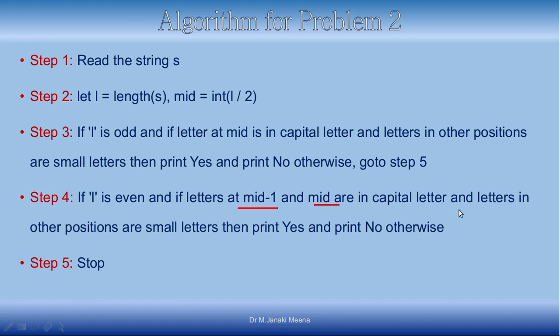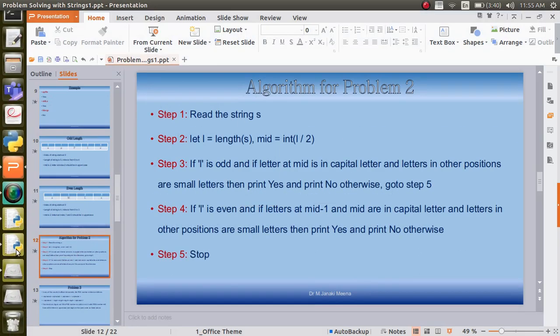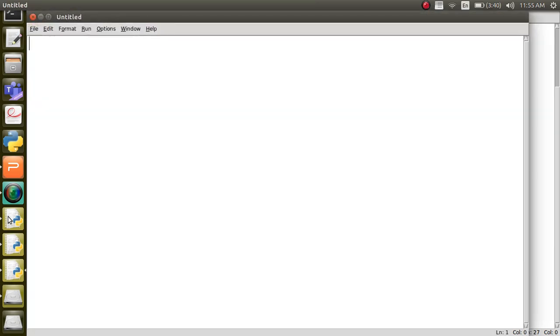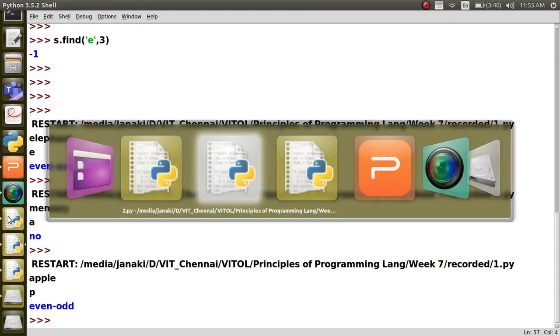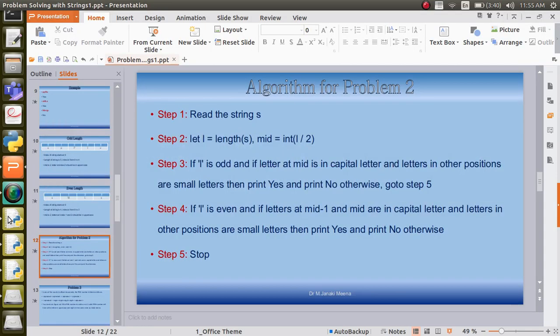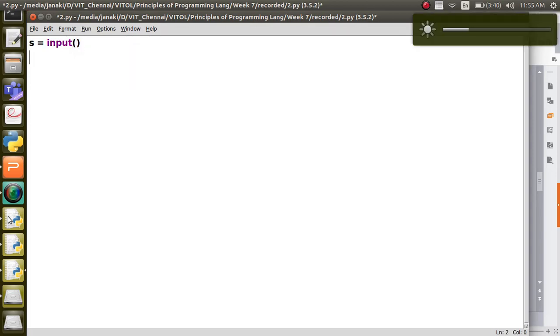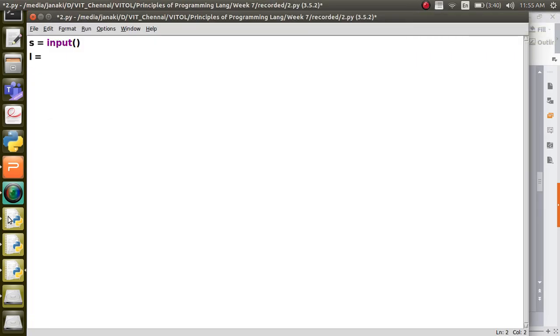So let us quickly implement this algorithm in Python. The algorithm says read the string S. Yeah, we have read. Then it says L is equal to the length of the string.